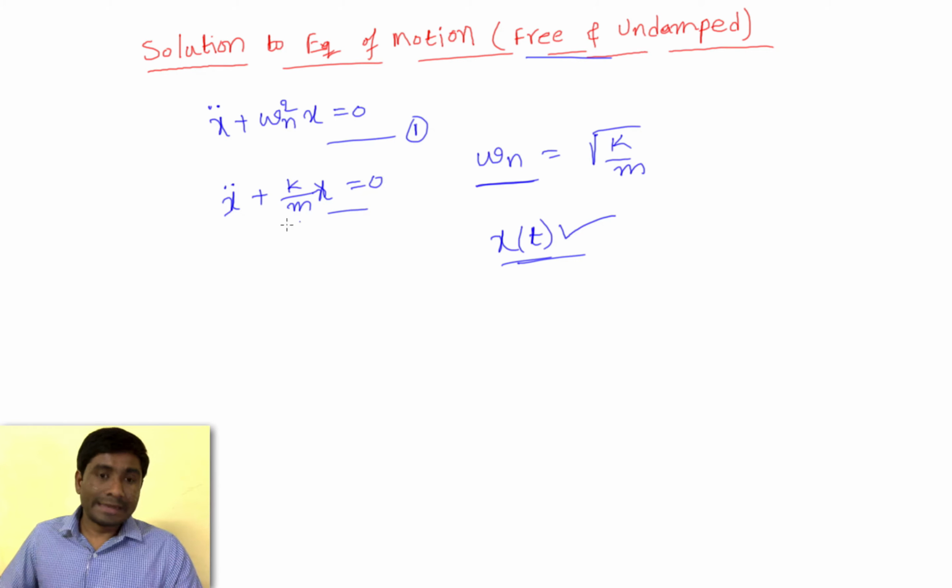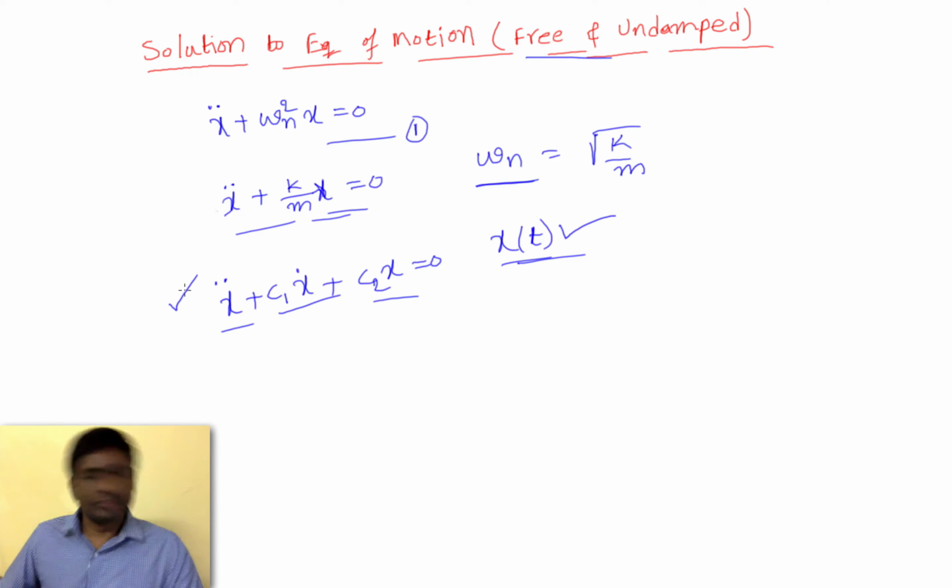This is a linear second order differential equation. Why am I saying linear? There is no other term. For example, if x double dot is multiplied with something like x dot, or if x is multiplied with x double dot or something like that, then it becomes non-linear. But in this case it's linear. In fact this is something like x double dot plus some coefficient c1 into x dot plus some other coefficient c2 into x equal to 0. But since we haven't considered damping, the x dot term is 0 and we have only these two.